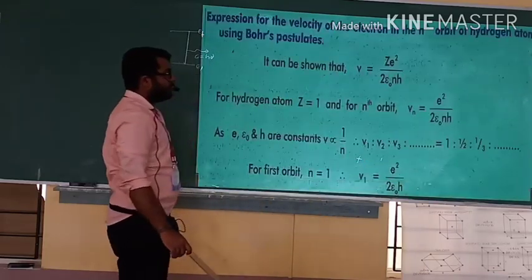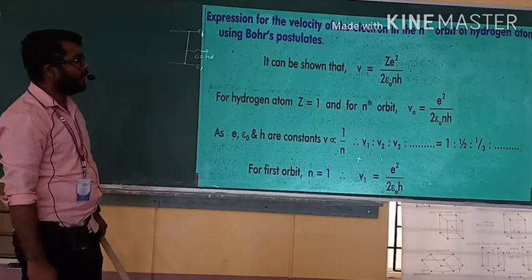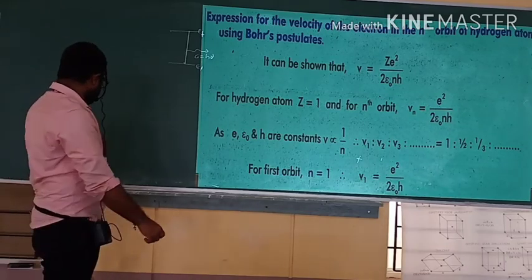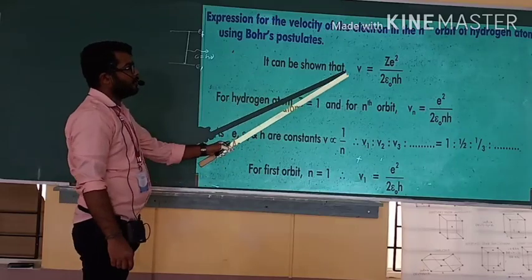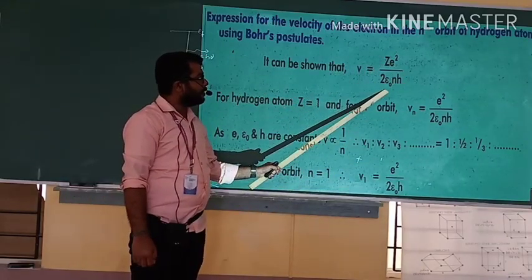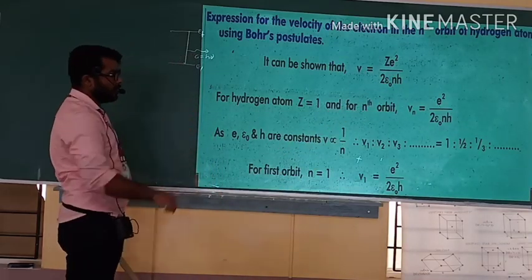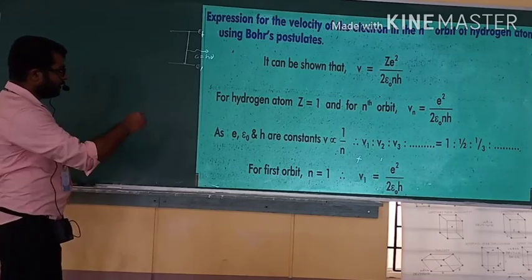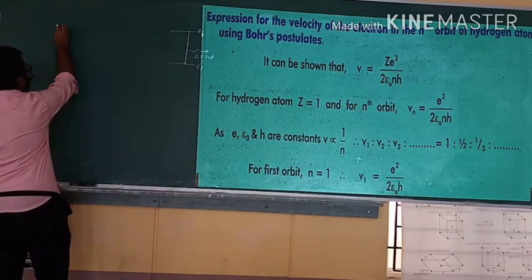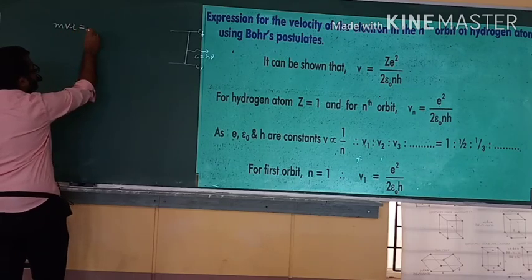Next, the expression for the velocity of the electron in the nth orbit of the hydrogen atom is given by this equation: v is equal to Z square divided by 2 epsilon naught nh. To see how this equation comes, you can solve it by using Bohr's postulates only. The second postulate says that mvr is equal to